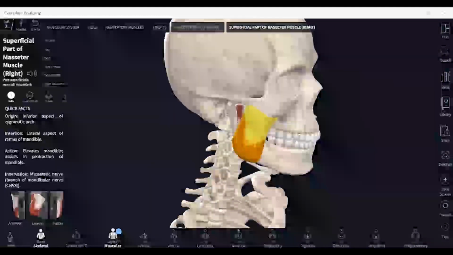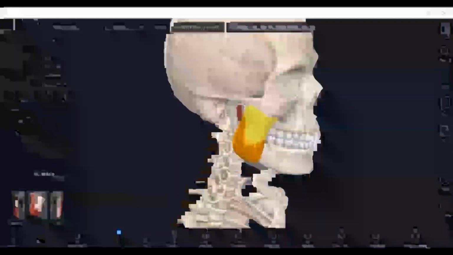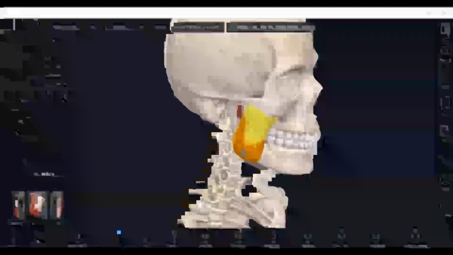If I click on this, the details of the origin, insertion, nerve supply and actions are given in the info box. Whenever you go to a muscle, there's one option called motion.